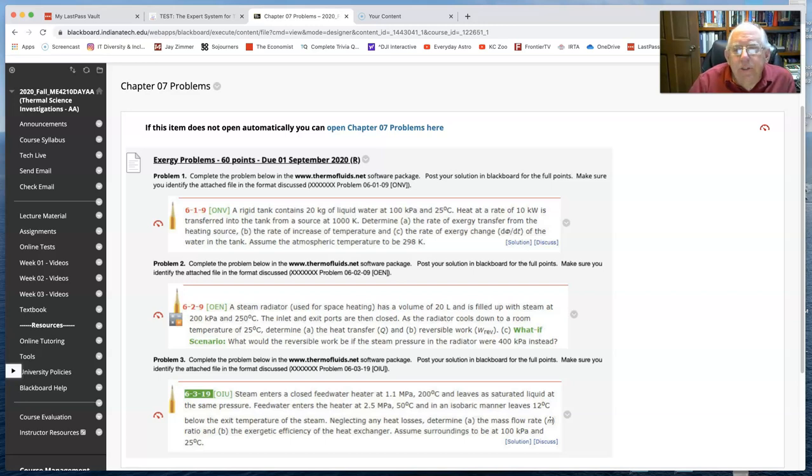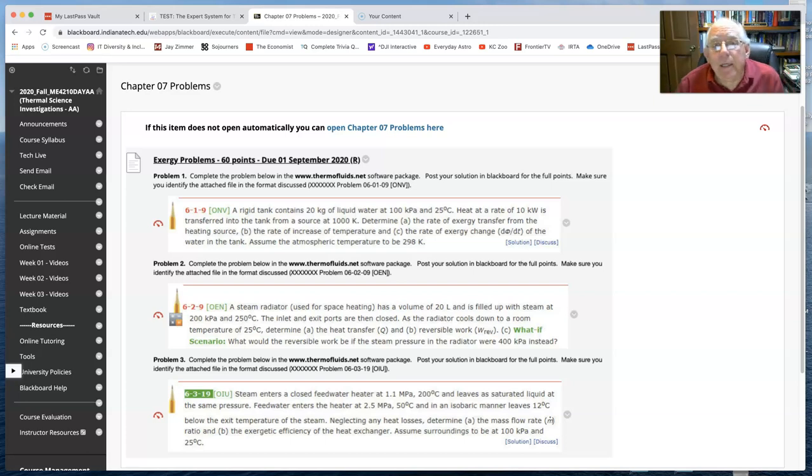Now, in this particular case, you are told that 10 kilowatts is the rate of heat transfer. Now, 10 kilowatts is just 10 kilojoules per second. And so, in essence, when they're asking for the rate of increase in temperature, we are just looking for what 10 kilojoules can do to the 20 kilograms of water on a per second basis. If we know the specific heat of the water, we know how many degrees of temperature it will rise for every kilojoule